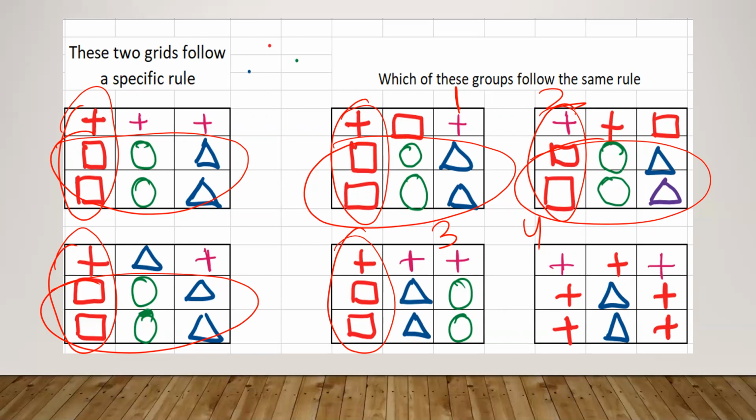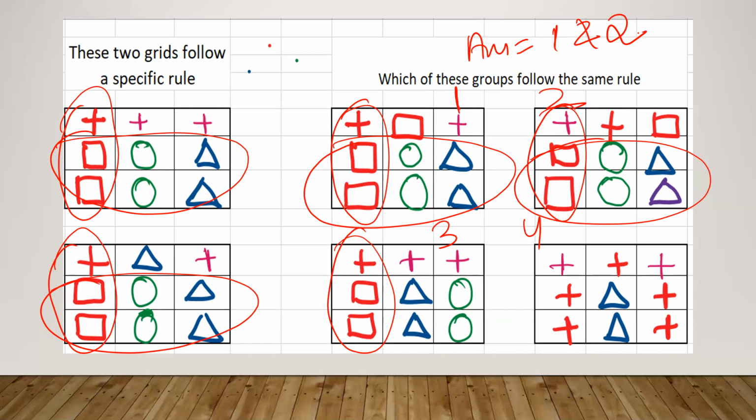Clear, you're getting this? If I see only the first column, then I can say the answer is 1 and 3. But if you see the last two rows, which one should you give preference to? The second and third rows both are the same. So definitely you should give preference to the second and third rows together over the first column. So the answer for this would be 1 and 2.